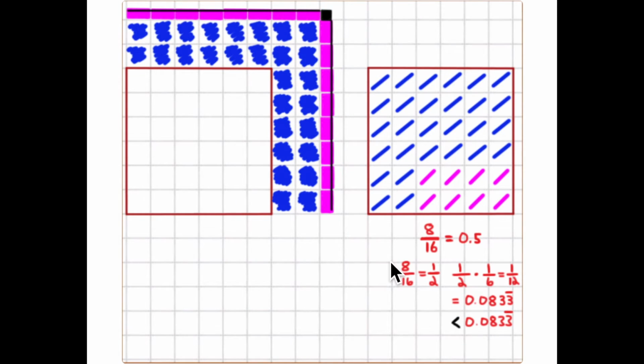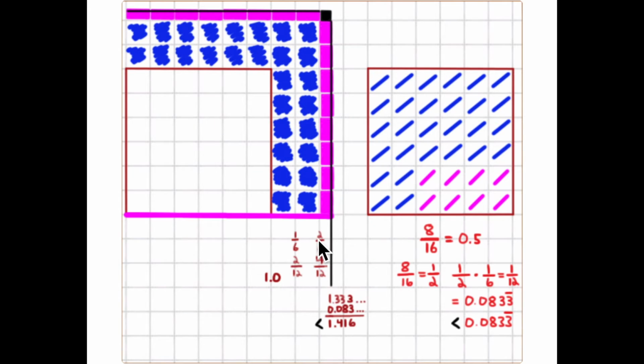So that means our estimate of the square root of 2 is going to be a little bit less than this length from here out to here. The square root of 2 is going to be a tiny bit less than that total length. So that total length is 1 unit plus 1/6 plus 2/6. 2/6 is the same as 1/3, which is the same as 4/12. They're all the same. And that's 1 and 1/3, which is